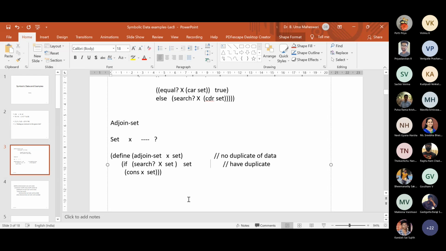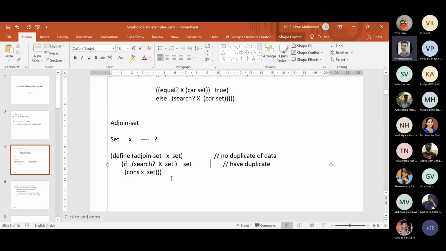Definitely, X has to be inserted. So in that case, what is your efficient program? How will you modify this program? I hope you understood this question. In the case where we can have duplicate data, X has to be inserted. So how will you modify this algorithm?